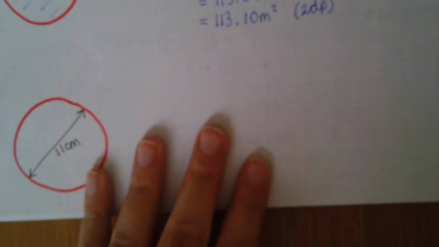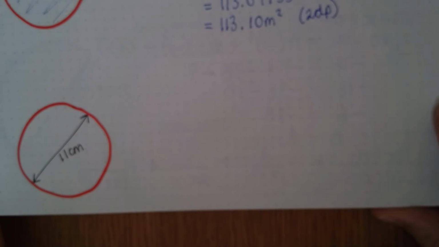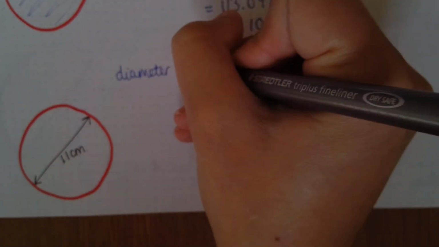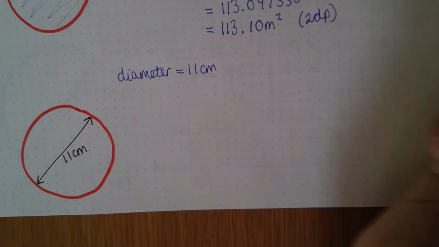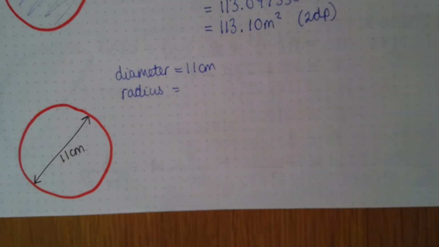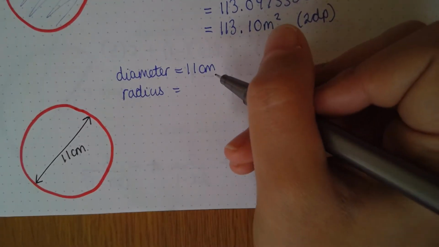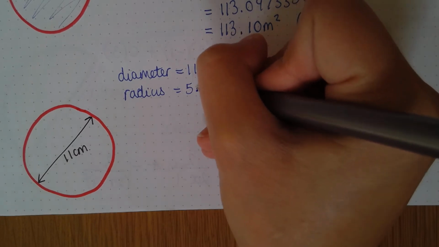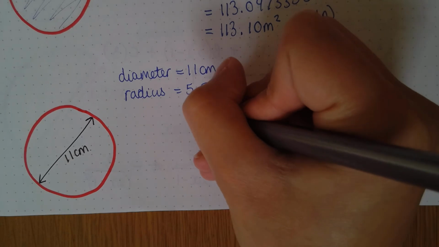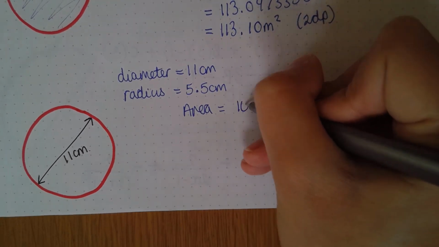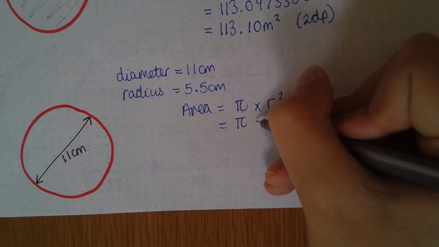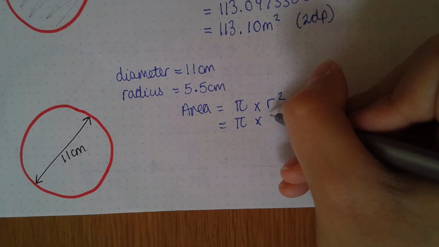And the last one, so we've been given the diameter, so we know diameter is 11 centimetres. So the radius is half of 11. So you can either use your calculator, or half of 11 is 5.5 centimetres. So we write out our area. So area equals pi times r squared. Pi stays the same, times my radius is 5.5